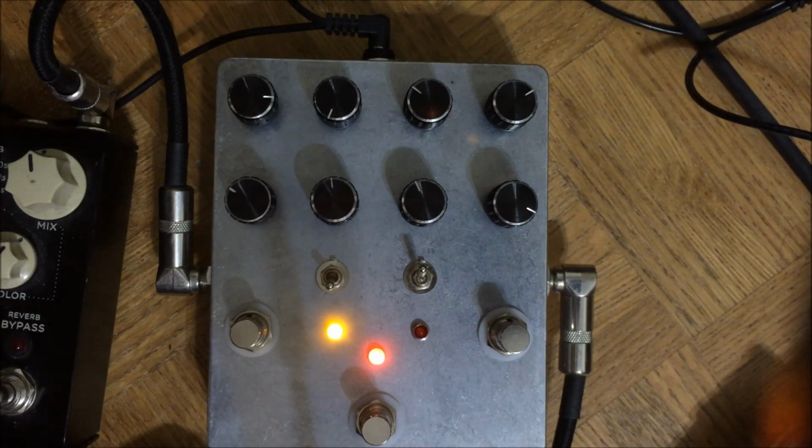A lot of the people who used tape delay units back in the 70s used to crank up the preamp stages because it just gave a cool sound, and so this kind of does that similar thing. And then going into a cranked amp, which I don't currently have, you get even more of that. There's much more I could say about this pedal and what I know about delays in general, but